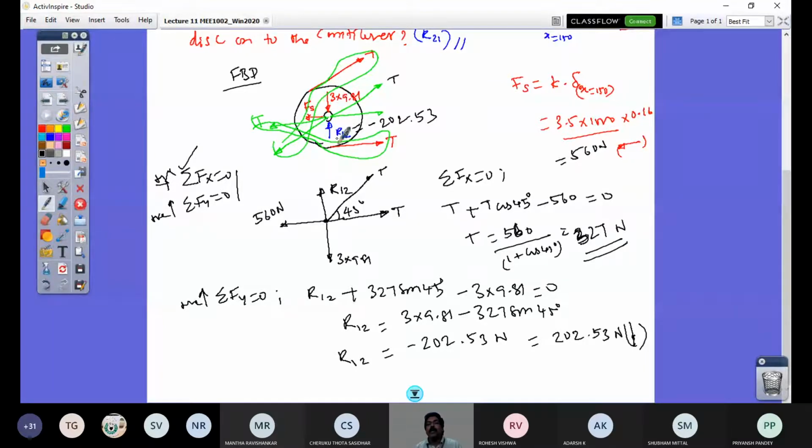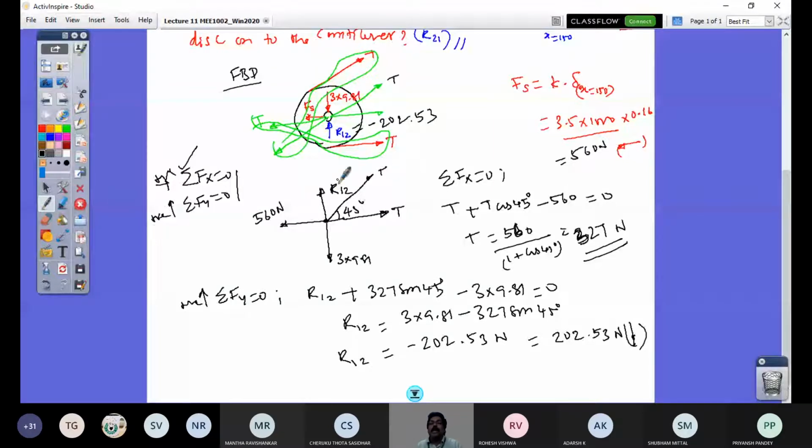Though the weight is acting down, we think there is a weight sitting on the rail. So if tension is not there, then what would happen? You feel that the reaction is the same as that of 3 into 9.81. But the moment the tension comes in the string, it changes. The reaction which was offered upward to balance the weight changes as the tension is pulling up, and the reaction is in the downward direction.